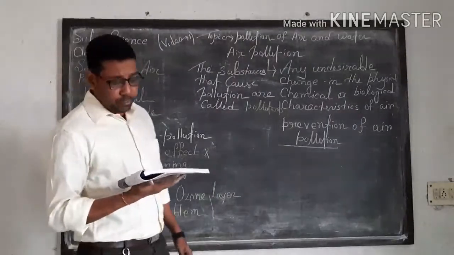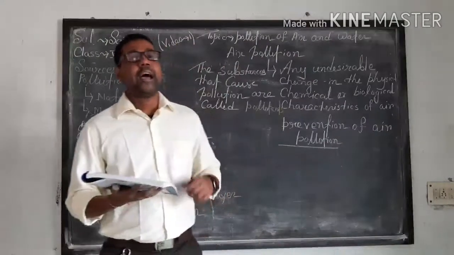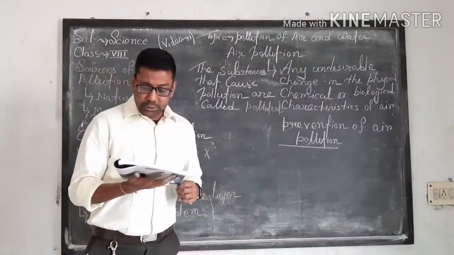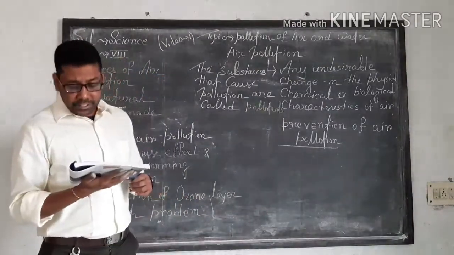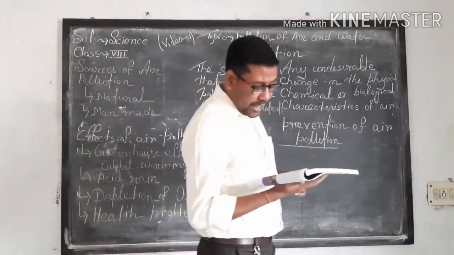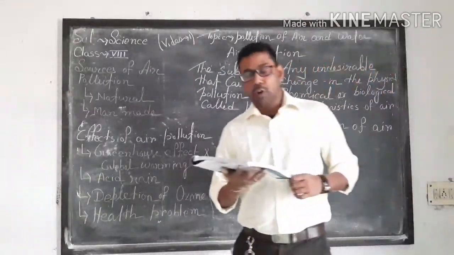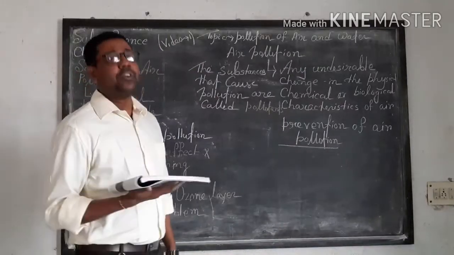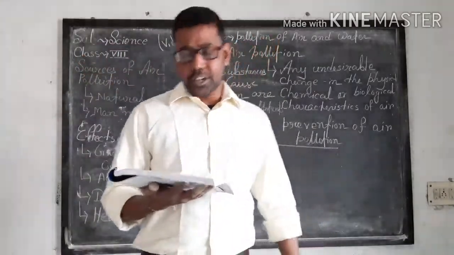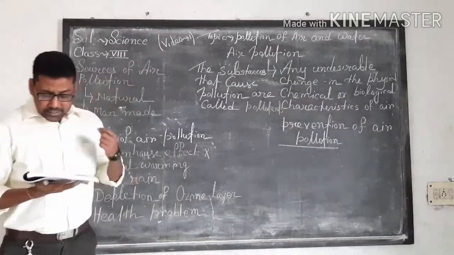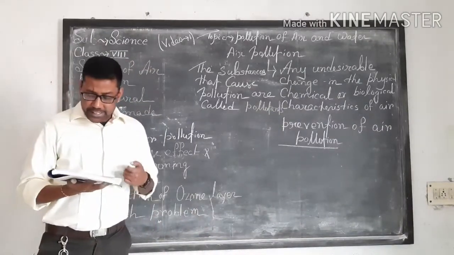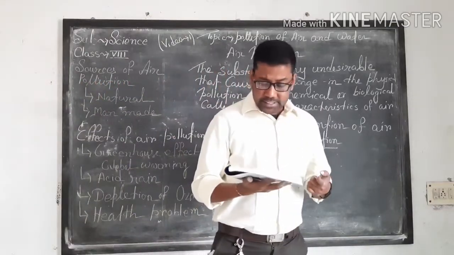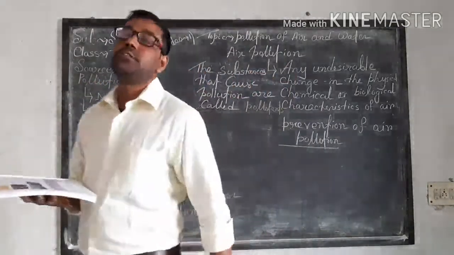Next one is very important, the chlorofluorocarbons, in short called CFCs. Okay, which are used in refrigerators, air conditioners and aerosol sprays, damage the ozone layer of the atmosphere. And the last man-made source of air pollution is smog, a thick fog-like layer in the atmosphere seen during the winter, and it is made by smoke and fog.